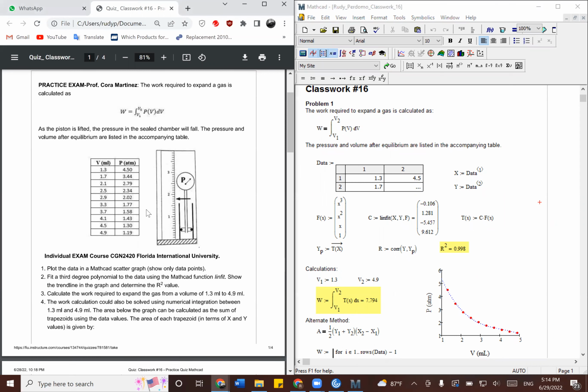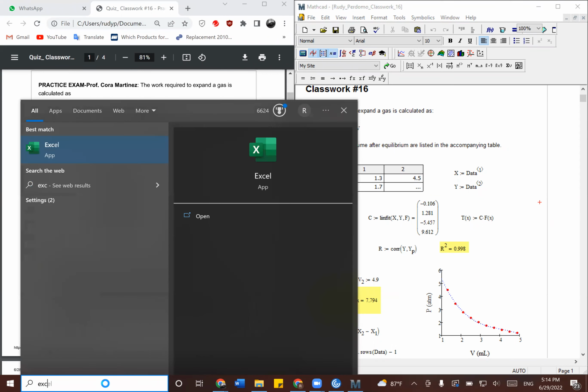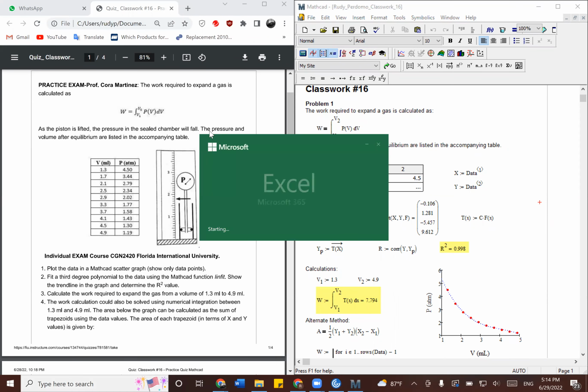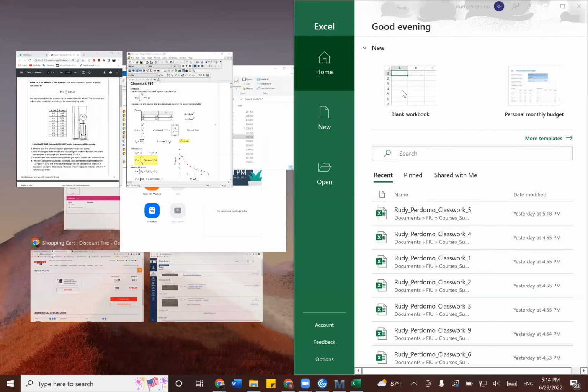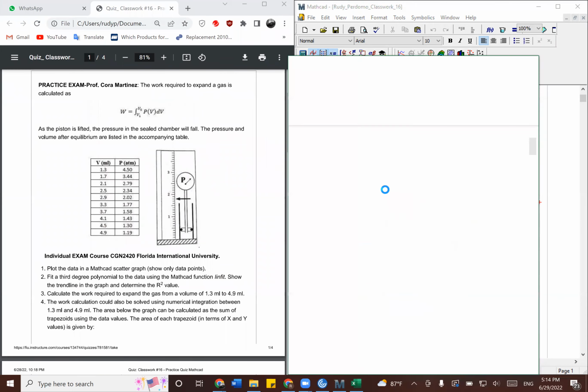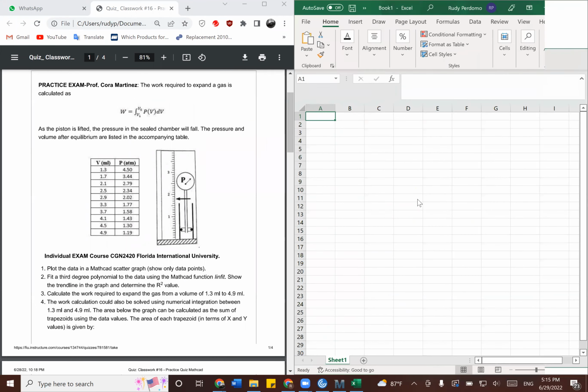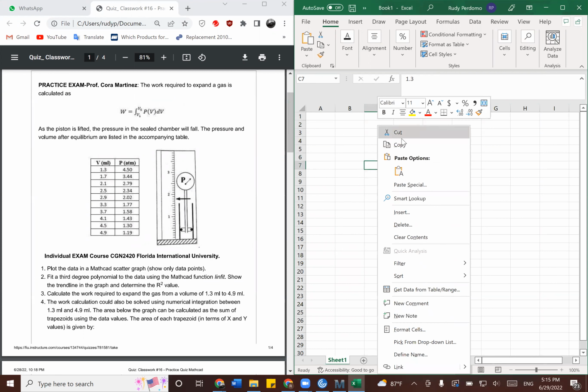So you can't, like in the practice exam, I don't think you could copy this, select it and then copy it, because I think it was a picture. So you'd have to actually write it out yourself. So you'd have to just go on Excel and type it all in, and then just put it all in here, which is a 1.3. I'm actually not even gonna write the entire thing, but you get the point. You'd put it right here, and then you would copy it,